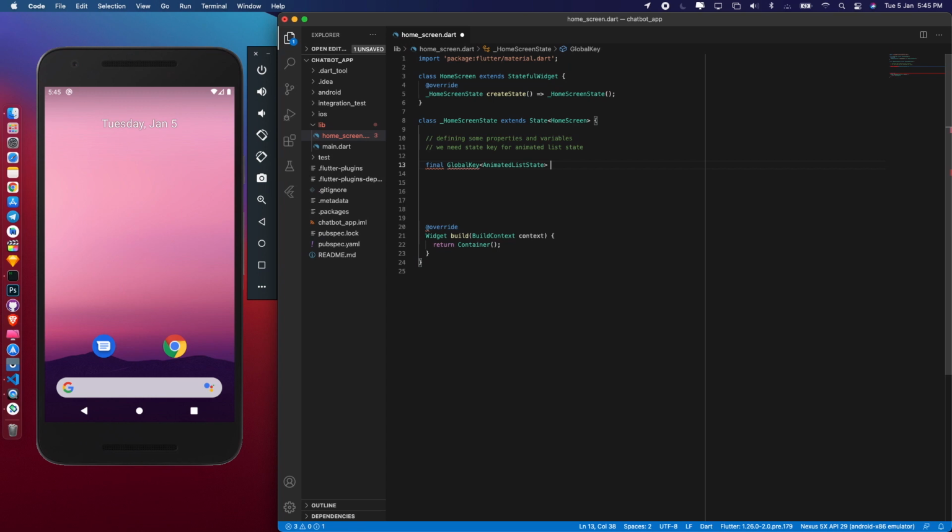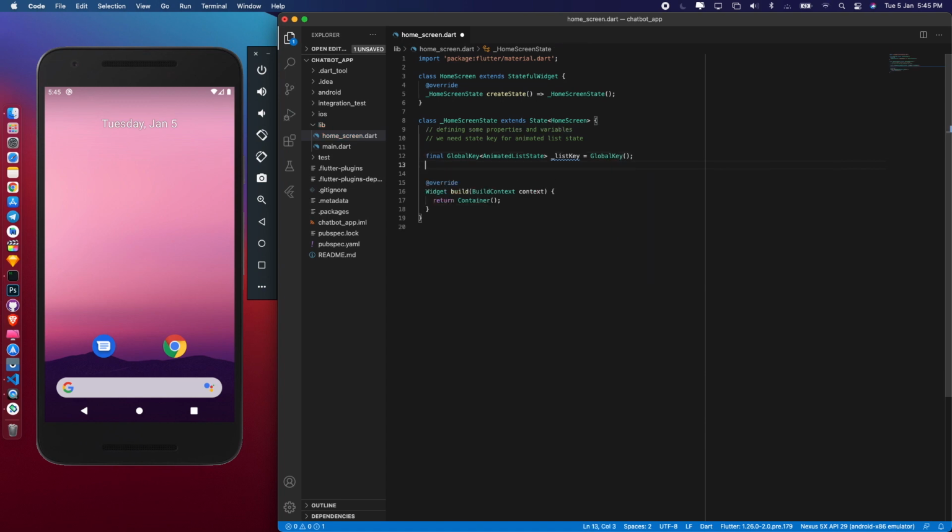Now we got the animated list state, so we'll create a new list key and write GlobalKey and close it. Okay, we got our animated list state key done. Now we need a new list of type string. This would be an empty list for now. We'll write data, this is the name of our list.